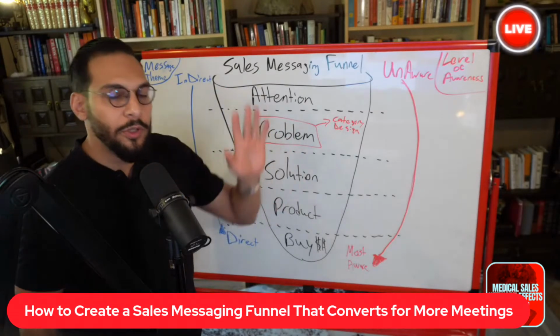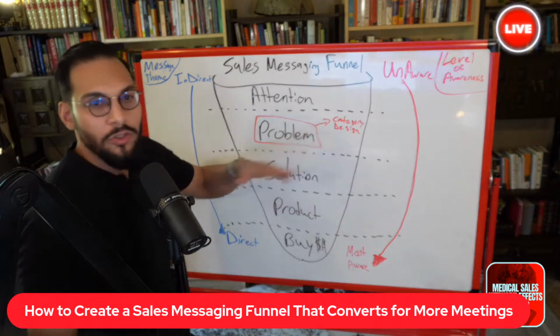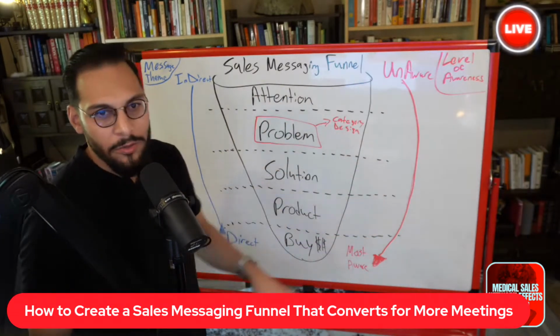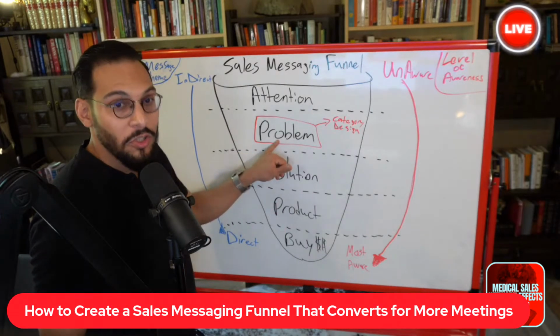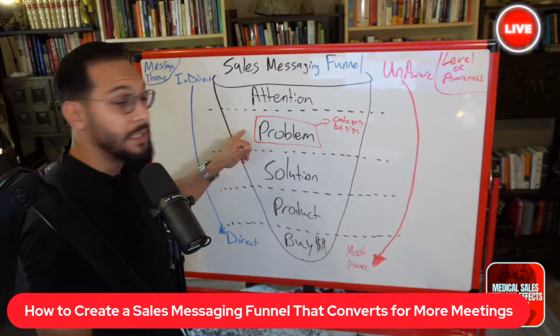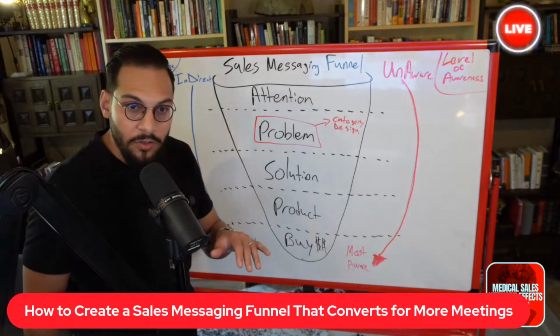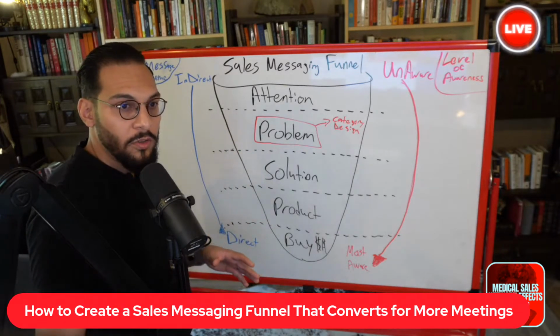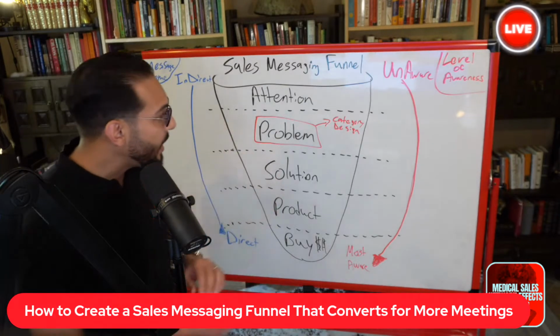Part of this is when you post things on social media, you're trying to educate the public or other reps, but you're also trying to posture yourself in front of these surgeons to show that you know about this problem. So how do you relate this problem to them, at least in email form? Try going to Google Alerts and turn on Google Alerts for this problem, like arthroscopic knee surgery. And then